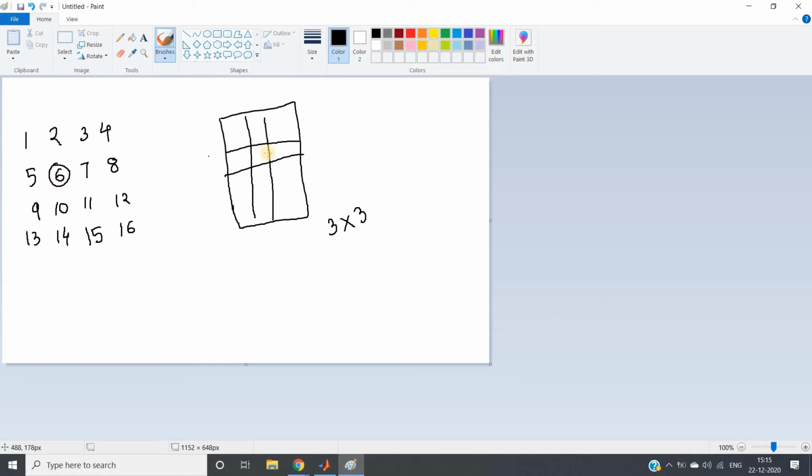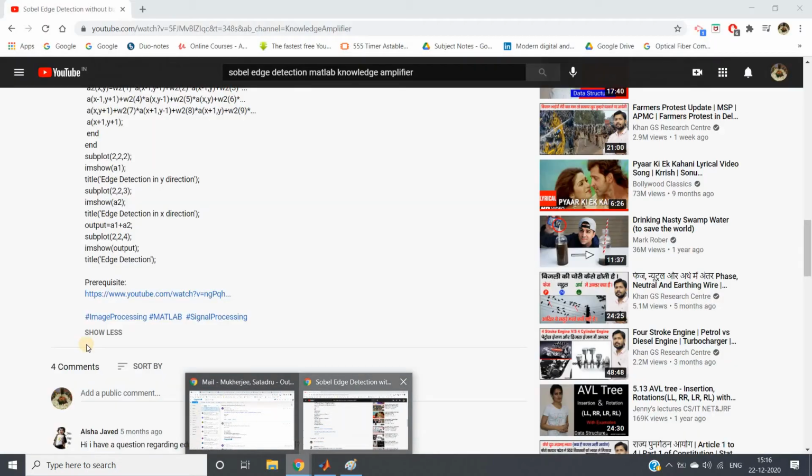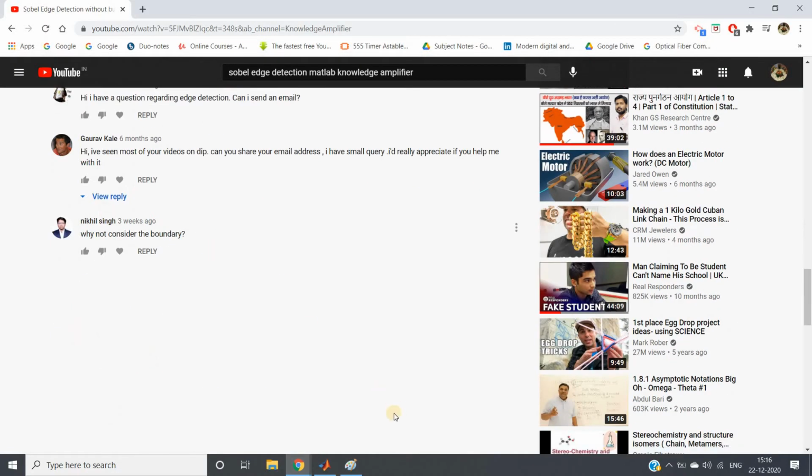So this matrix center we put initially here, then here, then here, and we calculated. That is, we ignored first row, first column, second row, second column, right? Now the question is why we are neglecting the boundaries. Boundaries should also be considered, and that's what the question asks.